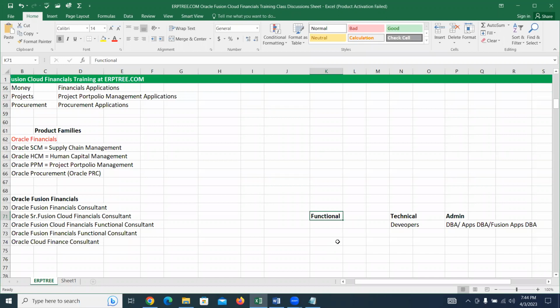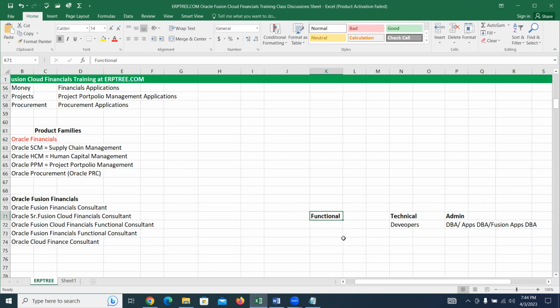So when you talk about functional, one time you learn, for a lifetime it will remain as it is. There are not many changes you come across. Functional is going to be forever. If you learn technical or admin, those can keep changing. But functional always remains the same: how we are selling or purchasing today. Always we have to buy, and you may have to sell if you are into sales. That is fixed content you learn without any coding and programming, which will keep you always in high demand.